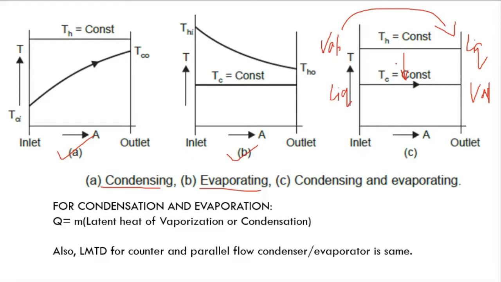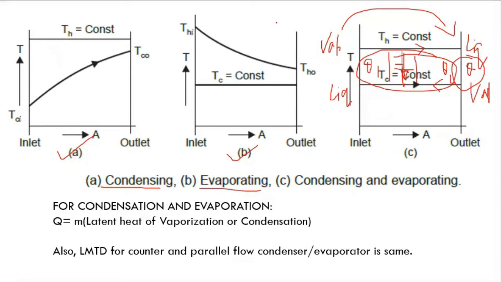Yes, sir. Okay. So since phase change of both the fluids is taking place, the temperatures for both the fluids remain constant. Now, whether the fluids are flowing in the same direction or in opposite directions, the values of theta 1 and theta 2 will remain constant. In this case, theta 1 and theta 2 will be constant throughout the length, or we can say that theta 1 is equal to theta 2. And hence, in this case, the LMTD value will be equal to theta for both cases, whether it is parallel flow or counter flow. Is this part clear? Yes or no? Yes, sir.